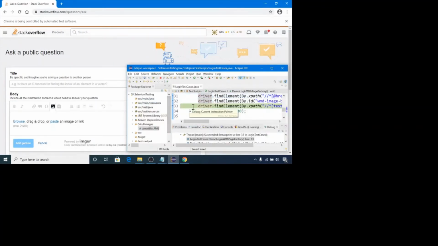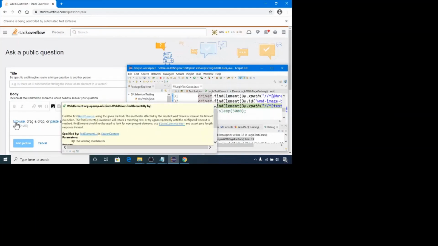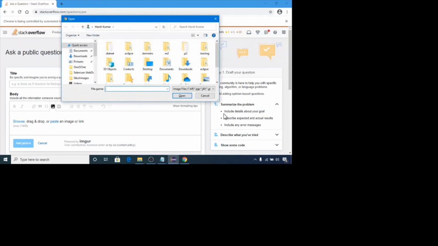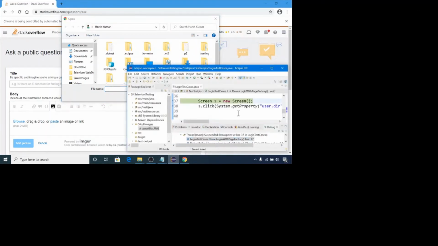Now line number 33 will click on this browse link. Okay, this one. Perform F6. Yeah, we got this window UI. Now we will check whether our new image with resolution 1280 by 720 is actually clicking on this cancel button. Okay, let me launch Eclipse. Now let me perform F6. So this s.click should click on this cancel button.